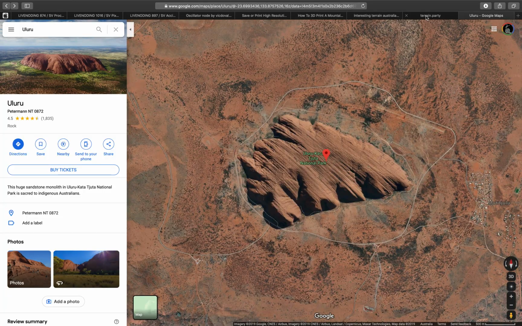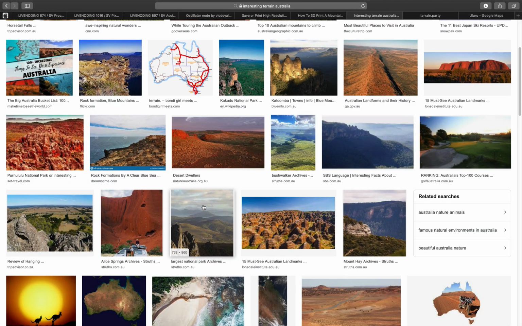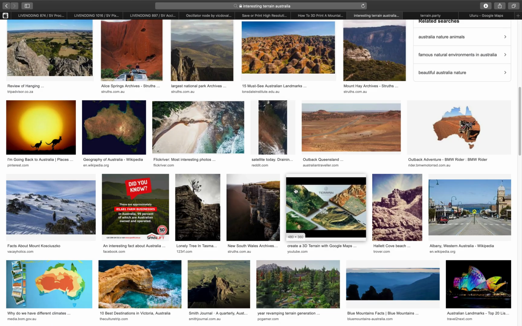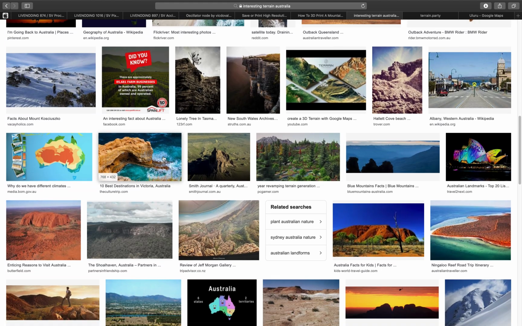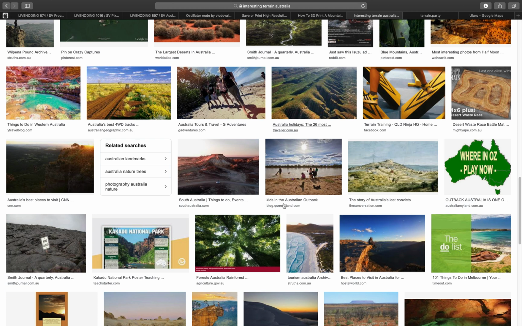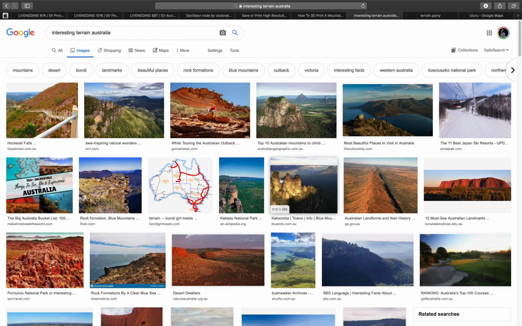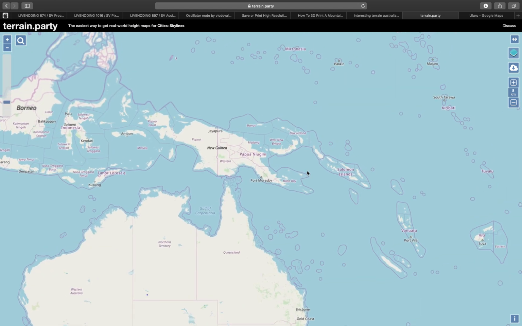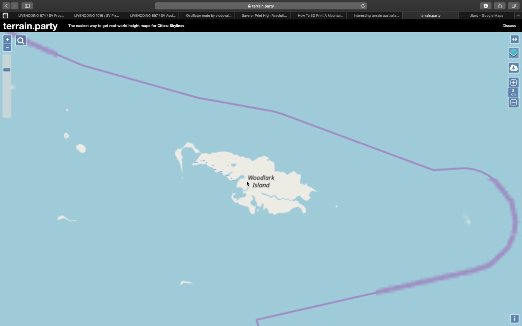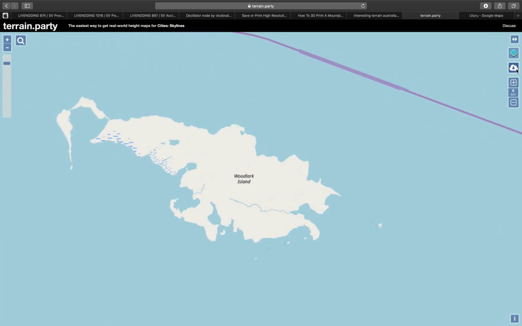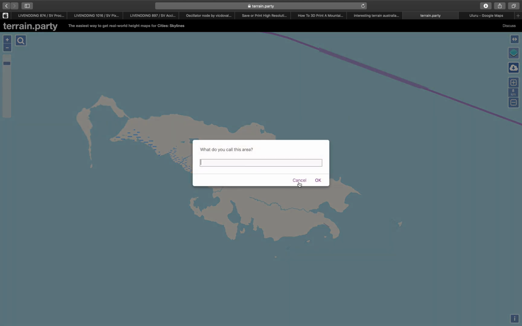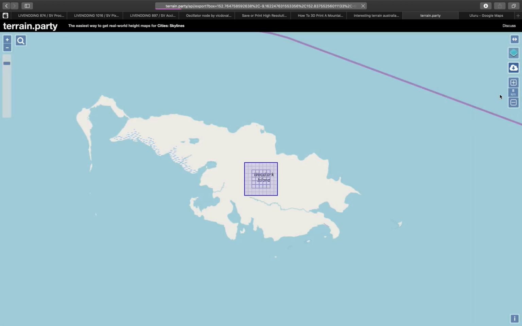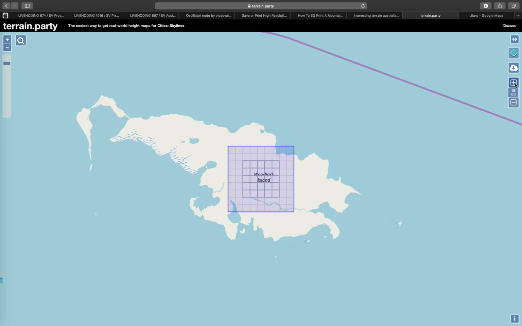So Uluru is one of the interesting terrains in the world, but there are a lot more. In Australia, you have Three Sisters at Blue Mountain, and there's a lot more that actually have the ocean, similar to Catalina. That's just Australia. You can find a lot more from all around the world, and hopefully you can find it here in the terrain data. Maybe we can even go to islands like this and just screen grab, for example, this Woodlark Island. This is just random, right? But I want to grab this island, center it on the map, Woodlark, and maybe zoom in and zoom out. Oh, it's already downloading it, but you can zoom in and zoom out, try to get the whole island, and then you can,